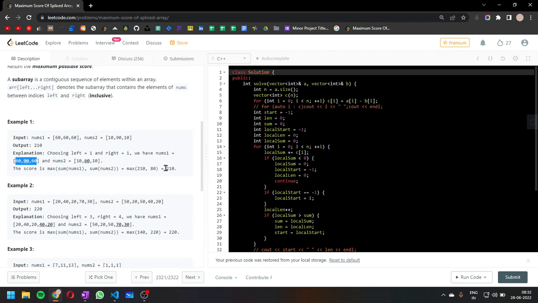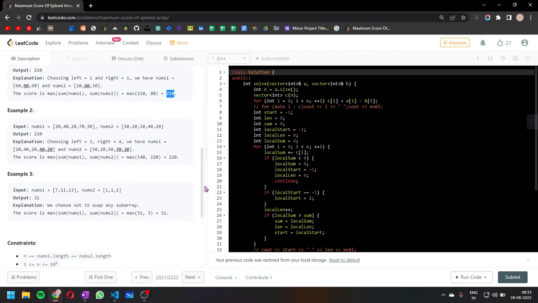So it will give us a sum of 210. This is the maximum possible sum that we can get after swapping a continuous subarray. You can try more things, but this is the maximum. Similarly, there are more examples.